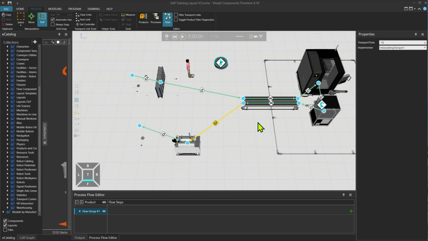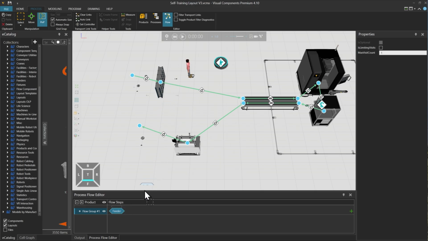The next thing we need to do is have the same flow steps here at the bottom in the same order as the transport links that we've created. So we now need to add the process labels here to the bottom, in the flow steps. How we do that is, with the flow editor still selected, we hover over the node which reveals the label. We start by dragging this label to the bottom here,